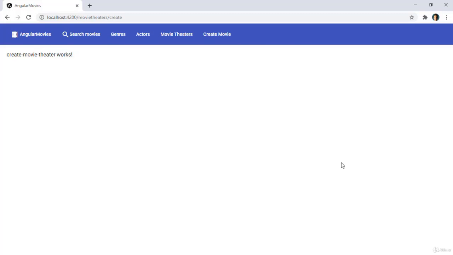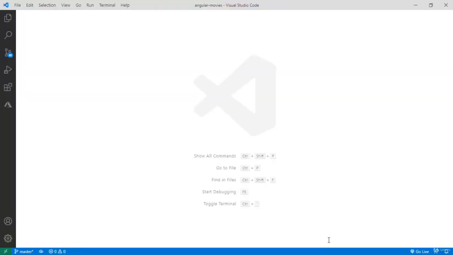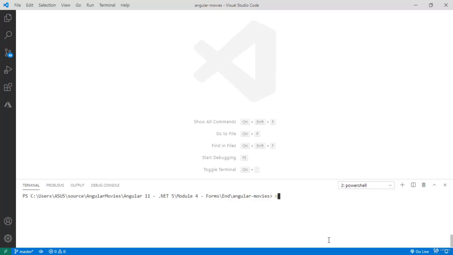In this video, we're going to work with our movie theaters form. So let's go to Visual Studio Code and work on that. Let me open the terminal and I will create a new component in ggc movie theaters / movie theater form